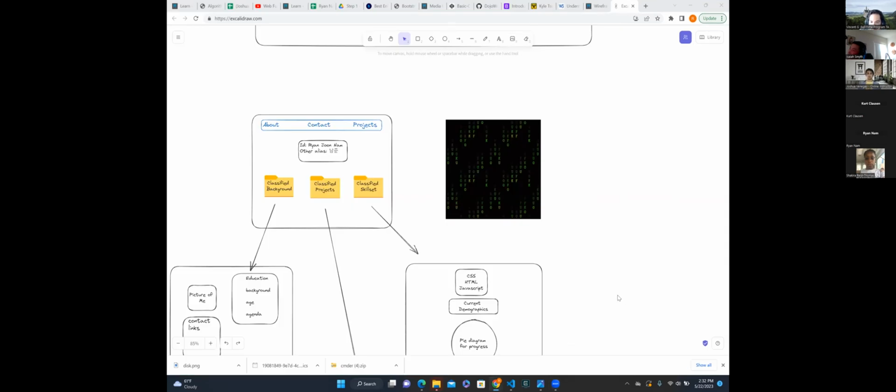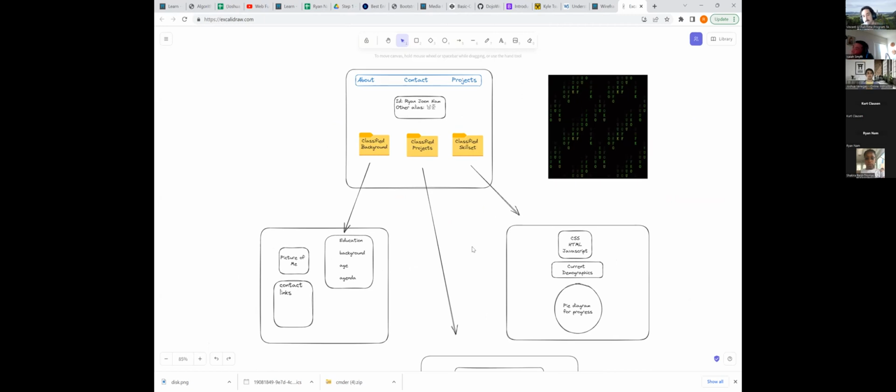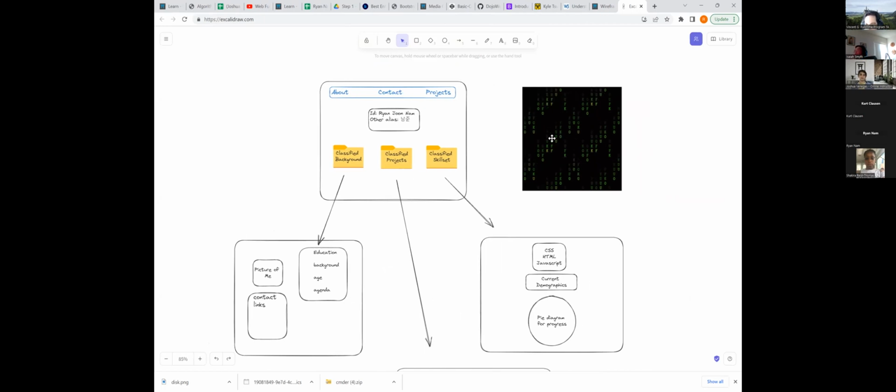Yeah, so mine's pretty straightforward. So obviously, like everyone else, I'm gonna go with a portfolio, but I kind of want mine to be formatted as something like a spy intel, I guess. So I have that, hence the Matrix GIF as a background. All the main important sections are going to be designated by a file icon. So when I click on that, that's going to send me to the section